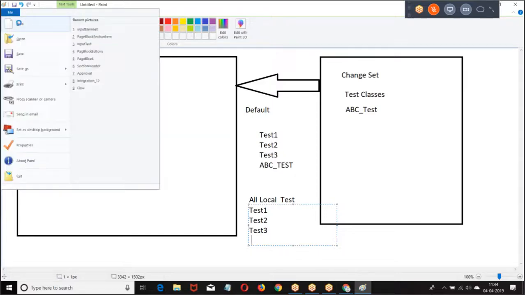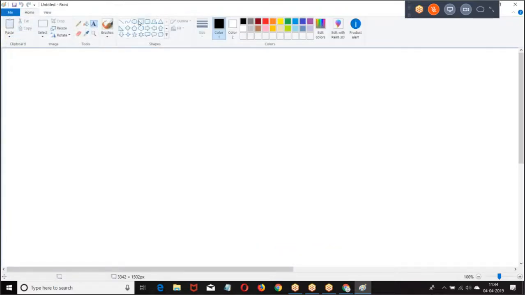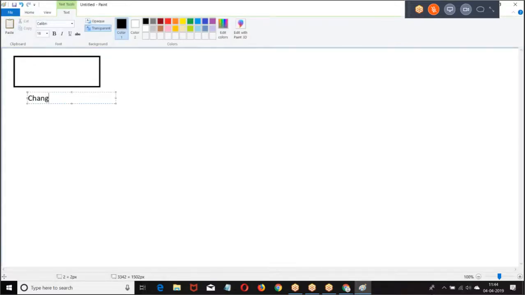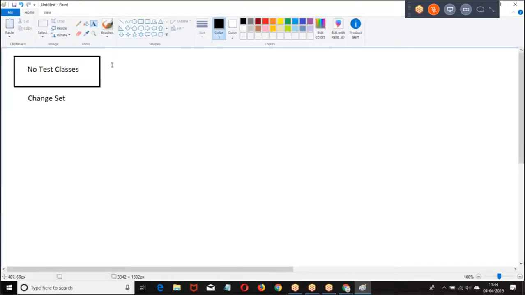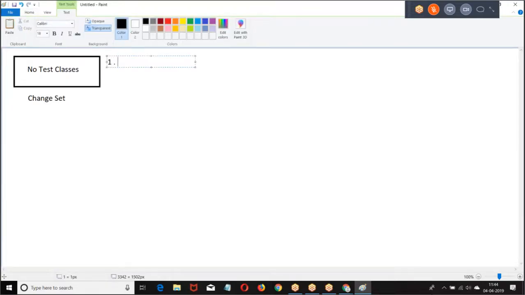Let me give you the choices here. Change set, no test classes. Default. Then what happened? No test classes in the production.